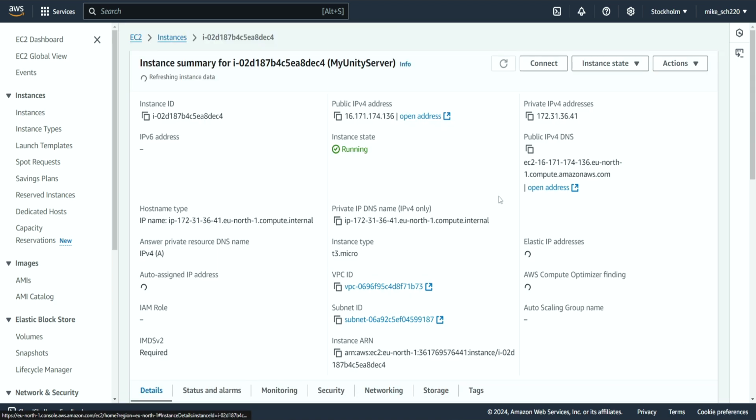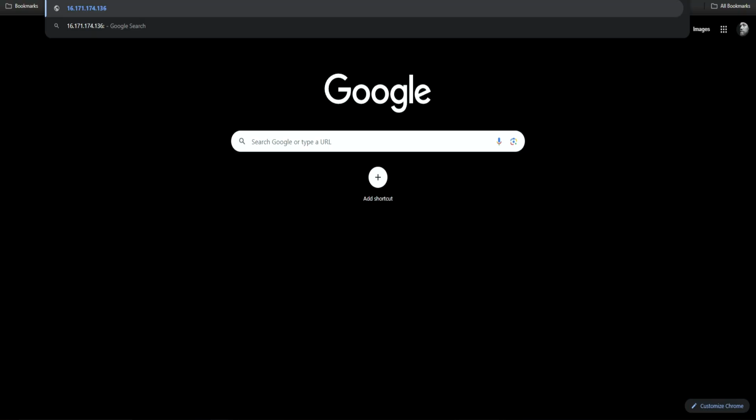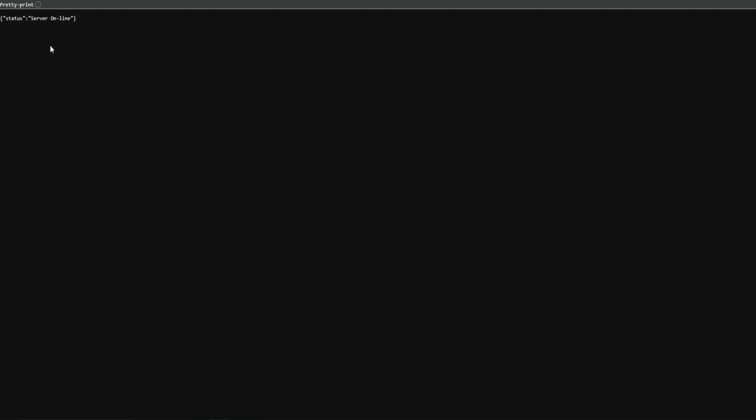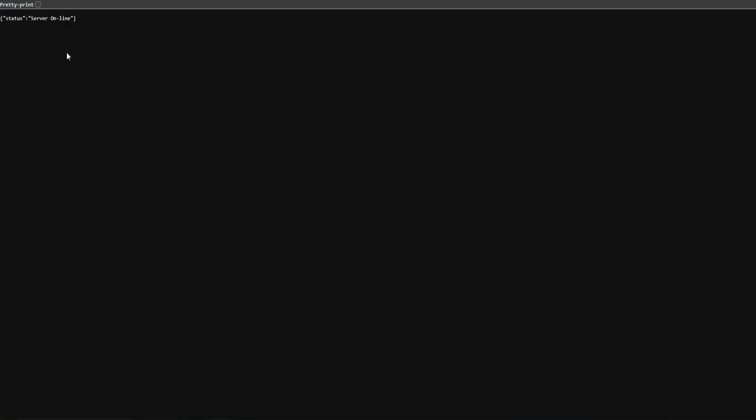We can take the public IP, and remember, this public IP is always changing when we stop and start the server. So this is a new public IP. We're going to add it into our URL bar, and we're going to use port 5001, and we're going to use our API health. And we can see that the server is online, and it makes sense because the server is online. Now, we can also go into this get JSON endpoint,